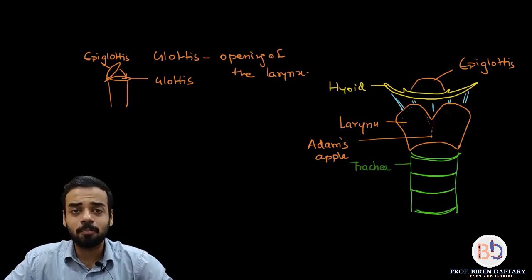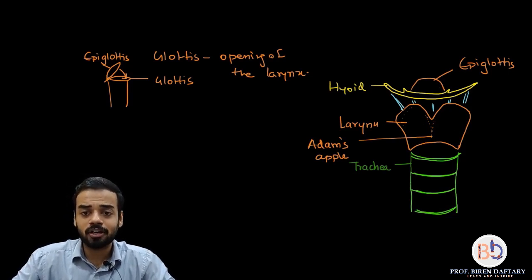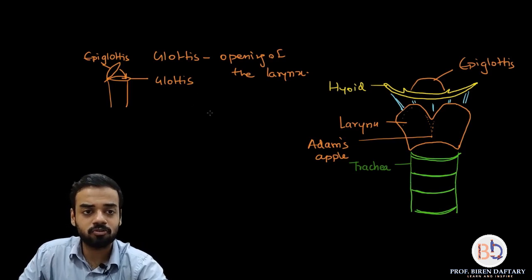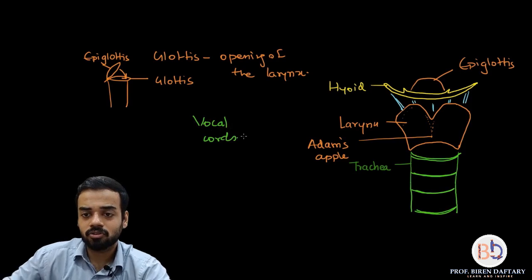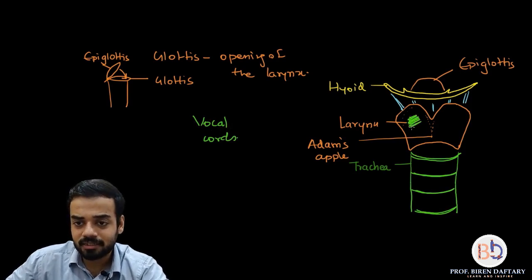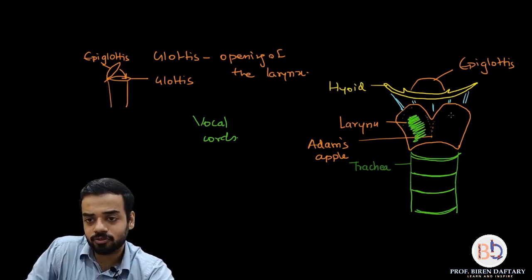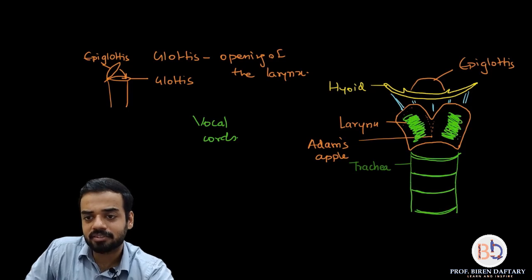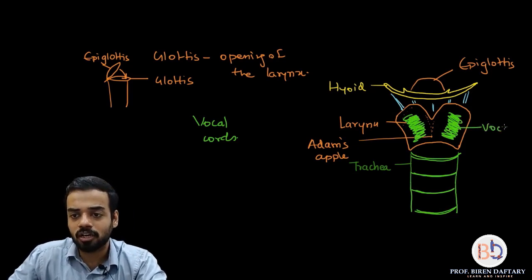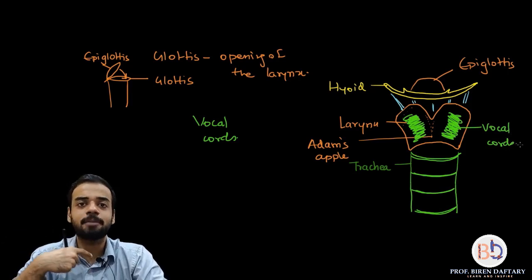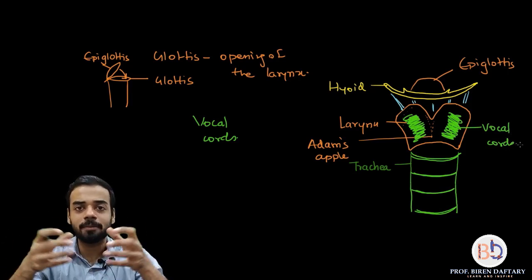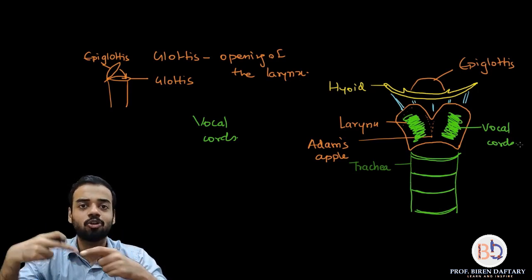These larynx are important because they have parts which are called the vocal cords. So I'm going to write down over here vocal cords. So just imagine that this area which I have shown, I have used the green color so don't get confused. So there are highly elastic membranous structures which are present, which are called the vocal cords. Okay, so what happens is when we are breathing, the air passes through these vocal cords and they begin to vibrate, and because of that vibration a noise is generated.